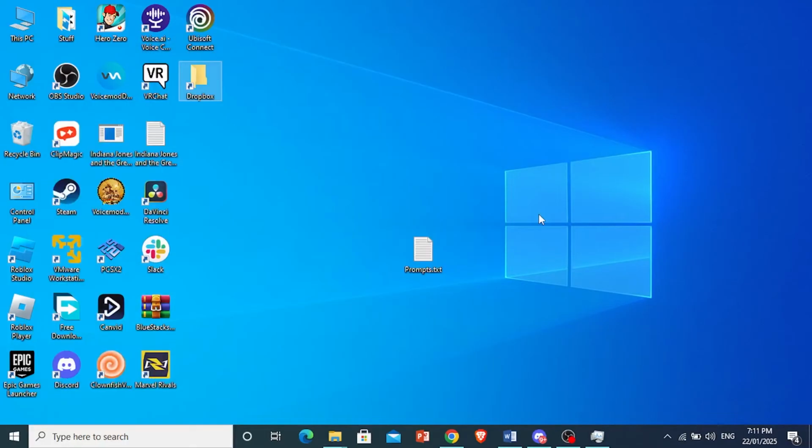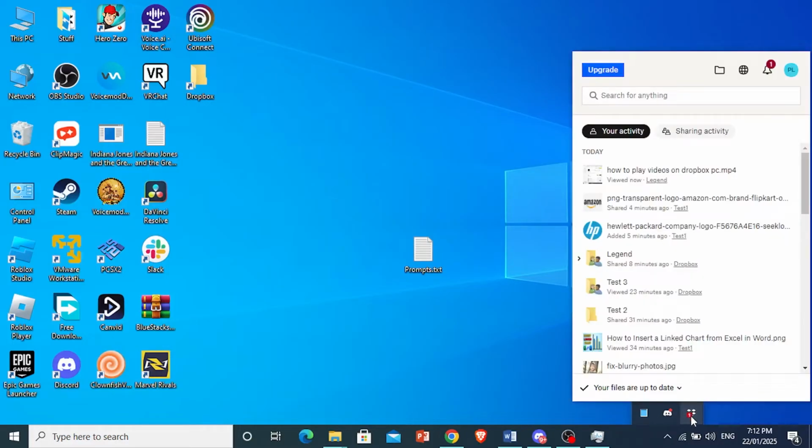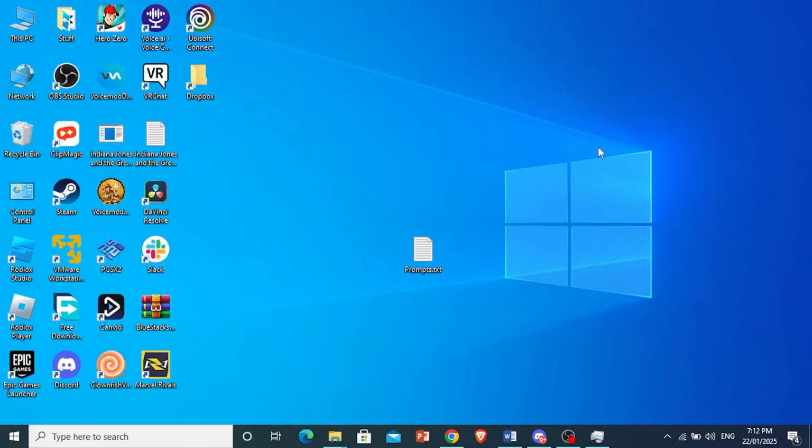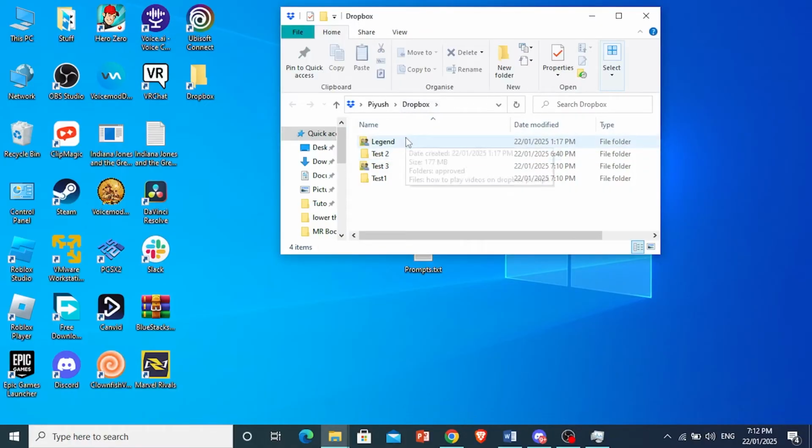Click on open. Now, if you already have it opened up, you will see this right here at the bottom right in the taskbar, the icon. Click on this. Now, what you're going to do here at the top right, click on the folder. Click on folder, and it will redirect you to your file explorer where you can choose all the folders you